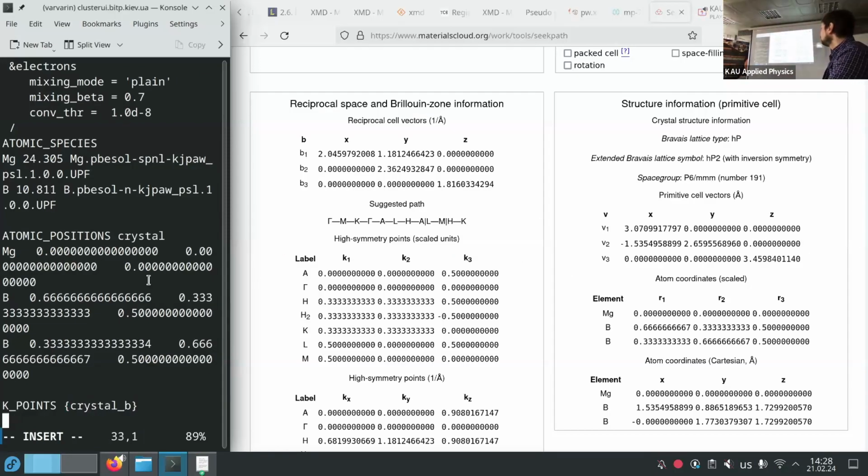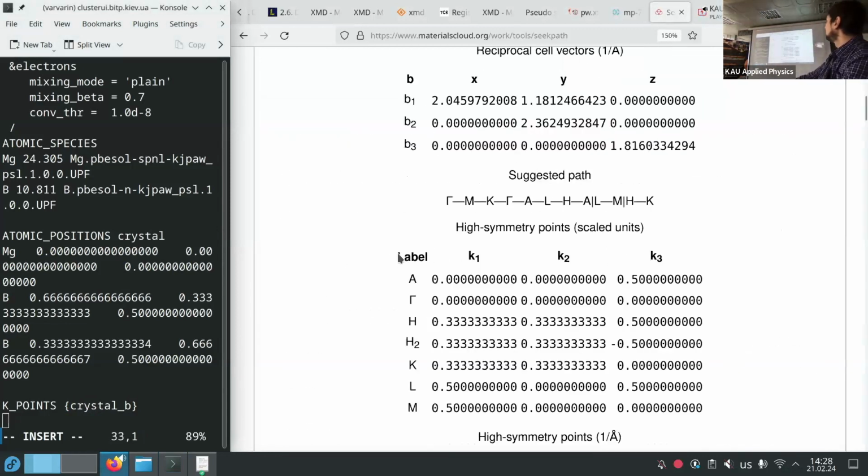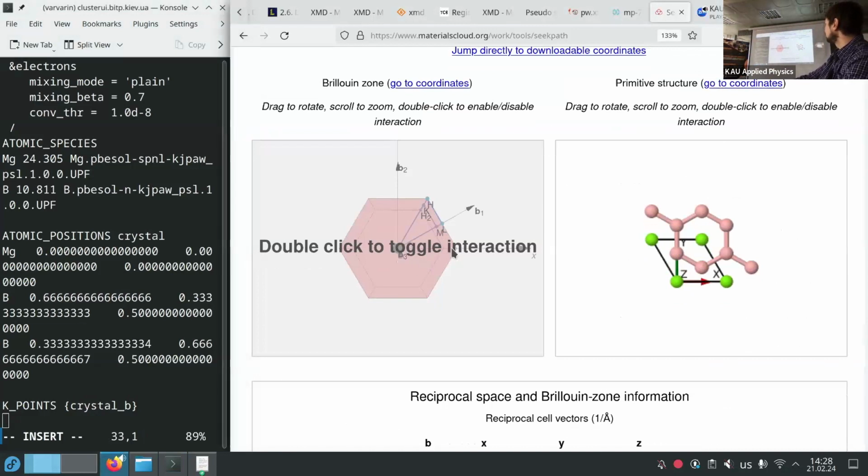So now we should choose the k-path in the Brillouin zone, and we used the SIGPass tool for it. Maybe Mikhail, you can show us the Brillouin zone and explain how you choose it.